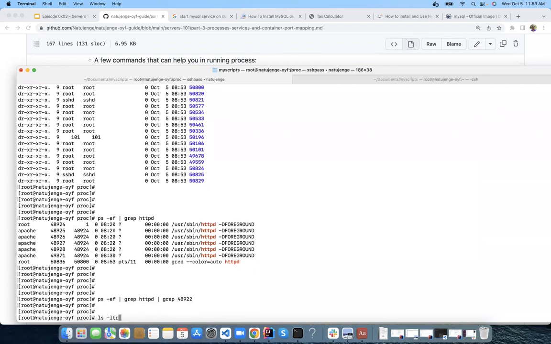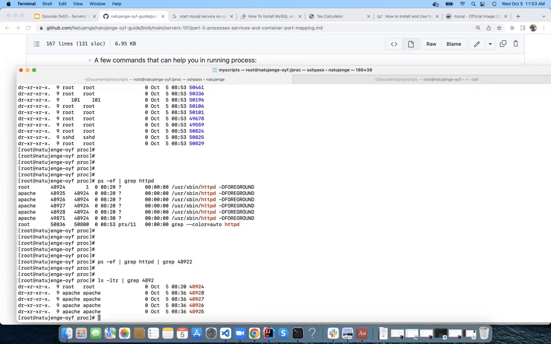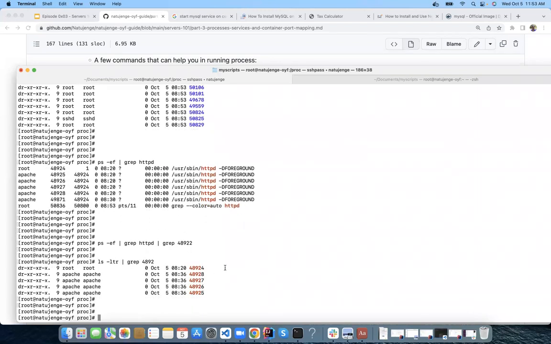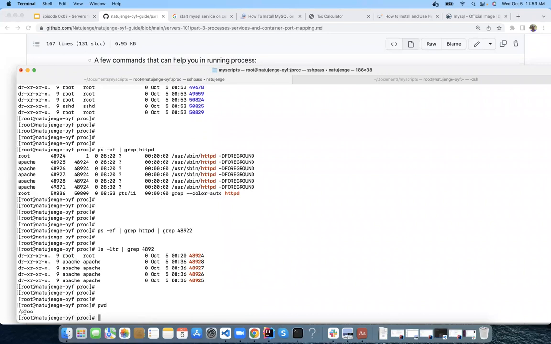I needed to come here and cd, ls. Then I grep for anything that has 489.2. So you'll see that there is a folder within the proc folder, and it has all these IDs, and you can see that these were started by user root, and the others were started